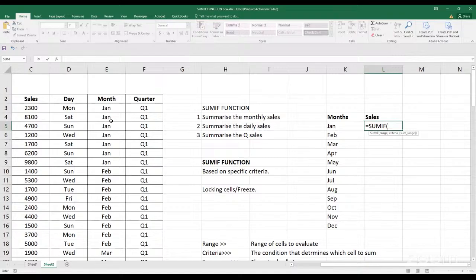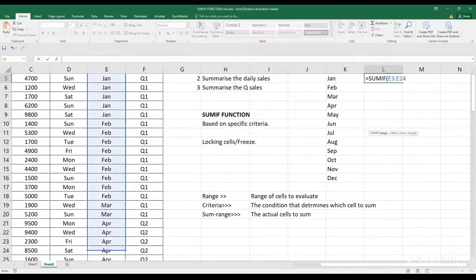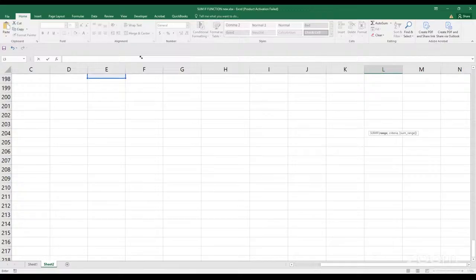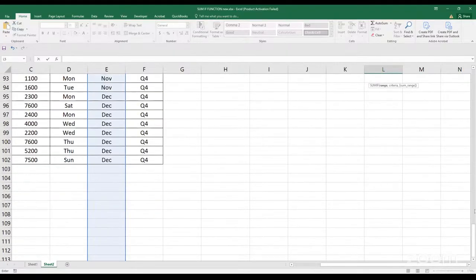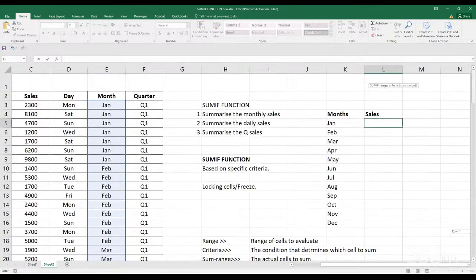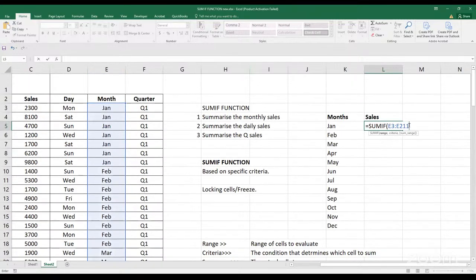So my range here would be, we come to our month. We need to select up to the last bit. If at all you're having a very huge set of data, remember, you're not supposed to drag like this, like high school children. Leave this to those who are in high school. The best way to do that, in this case,